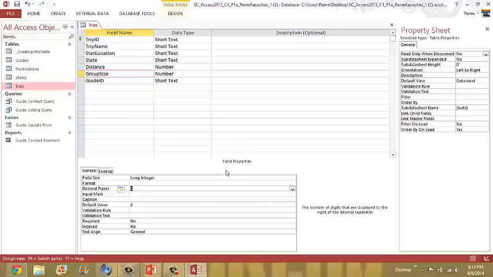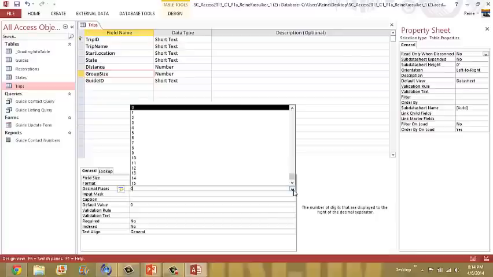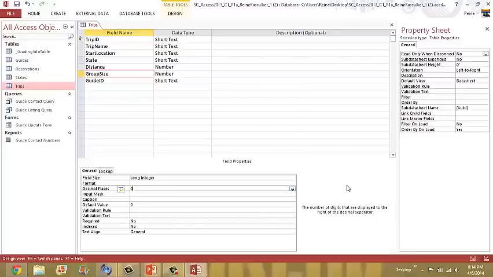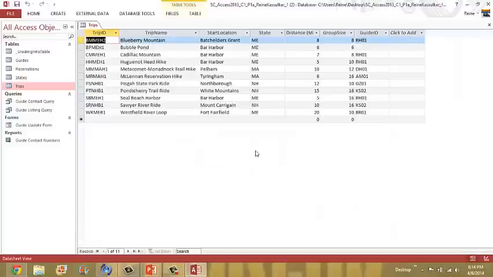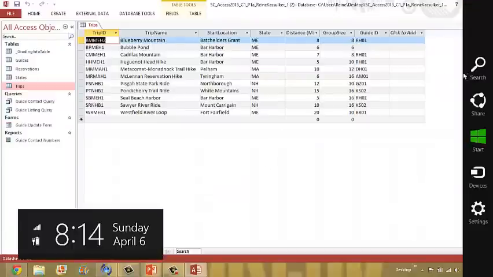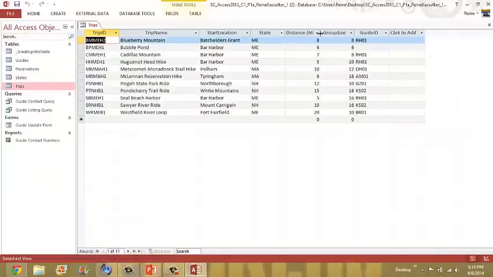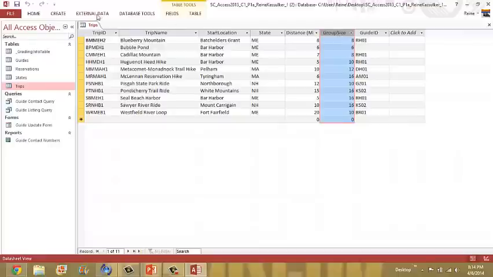Right down here under the field properties I have the group size field name. I come down to the field properties, I go to decimal places, and when I click inside decimal places, I get a triangle that comes up, and I can change it from auto to 0. Okay, so that's where that is. Then I'm going to go back, and I'm going to save that. I'm coming back to the design view, and I'm going up to group size and selecting group size, and I'm coming up to fields,